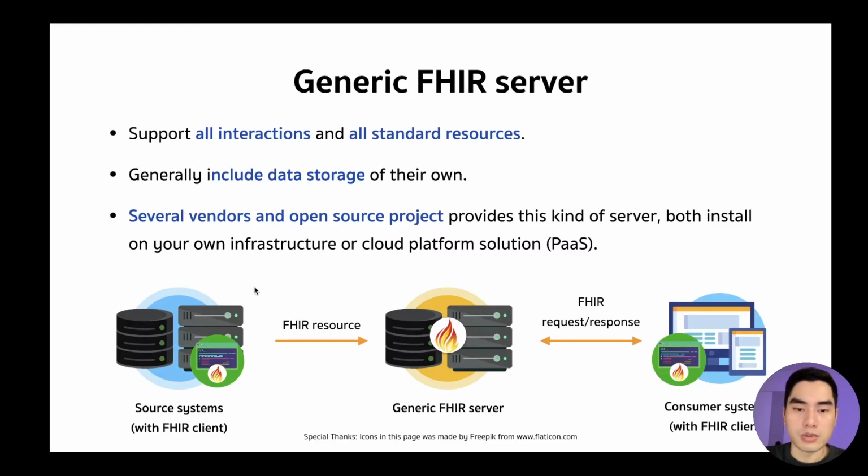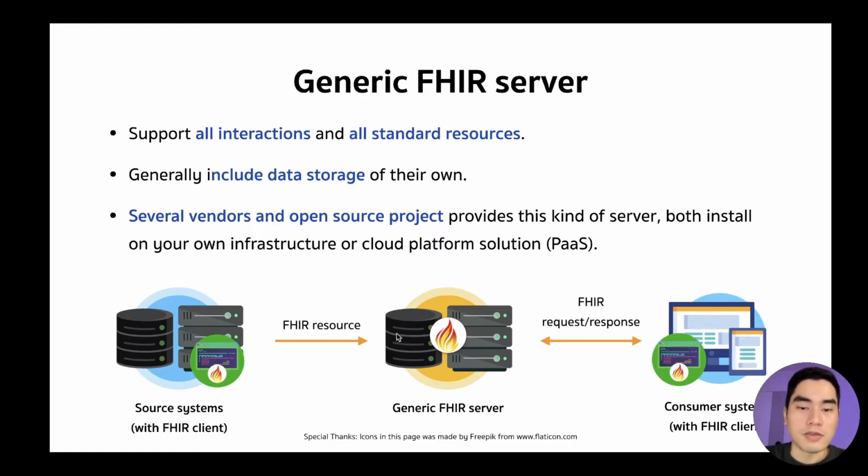When these 2 systems want to exchange information, the source system will have a FHIR client retrieve the data from the source system database, and then convert it, translate it into a FHIR resource, and put that resource to store in the database of a generic FHIR server.